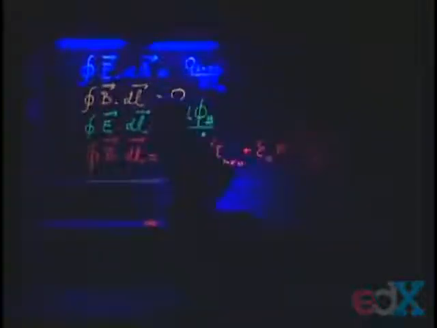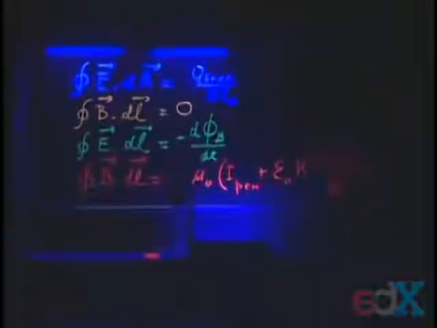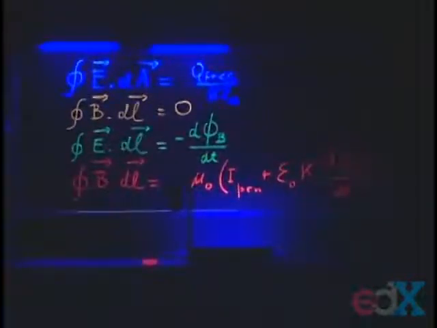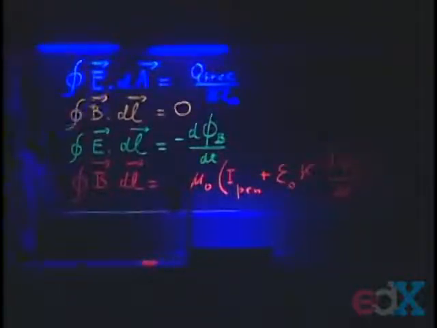Here we have Maxwell's equations the way we know them. And let's first look at number one. That's Gauss' law. Gauss' law says that the closed surface integral of E dot dA, that's the electric flux through a closed surface, is equal to